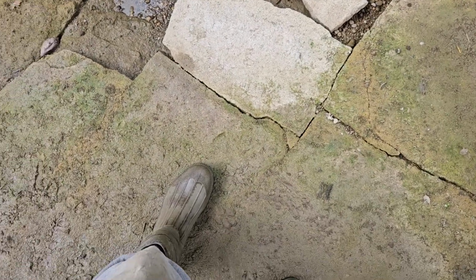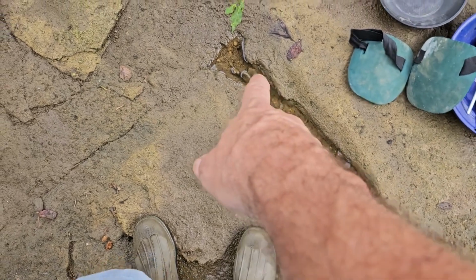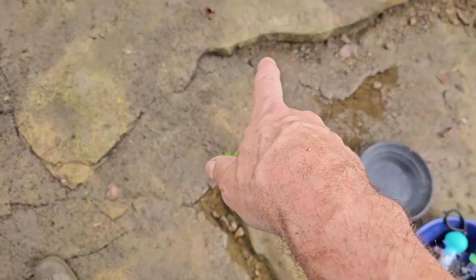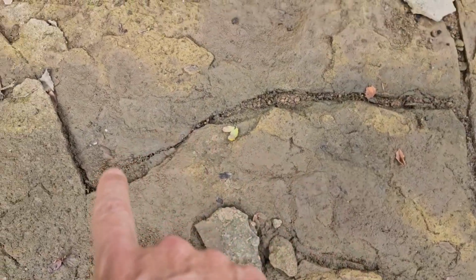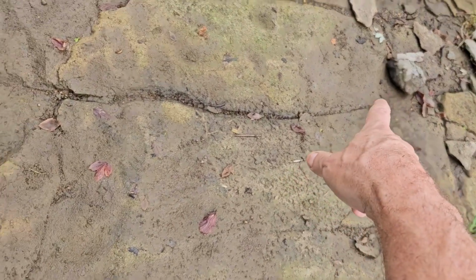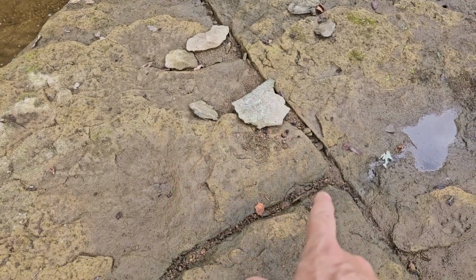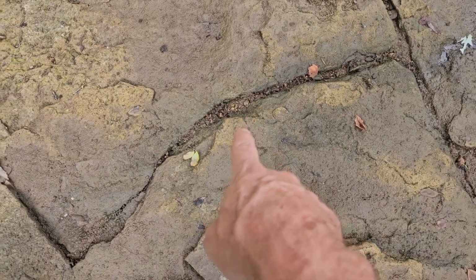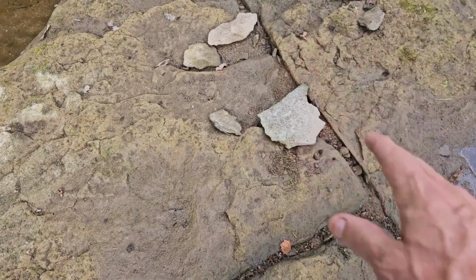Right here, got that crack going down, leading into that. We can probably slide that piece out, take our trowel, clean out from underneath there. But yeah, we cleaned out all these holes. I remember cleaning that out specifically. Quite a bit of gold in there. I think me and Vendetta, or me and Ron, moved stuff from right in there. I remember cleaning this crack out, me and Ron too. I started at this side, he started way down there, and we went way down in there, and there was a big hole right there and a big hole right there that we found. I found close to 1/2 gram, I think, that day between the two of us. The stuff that we were scooping up with our trowels, I believe